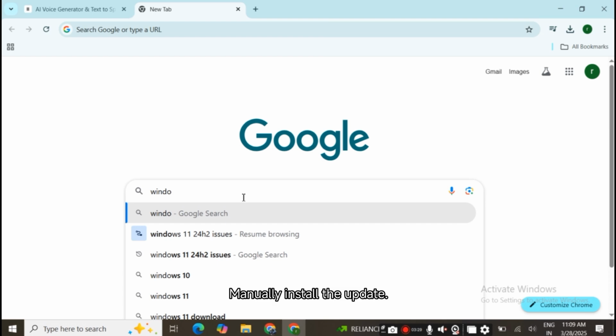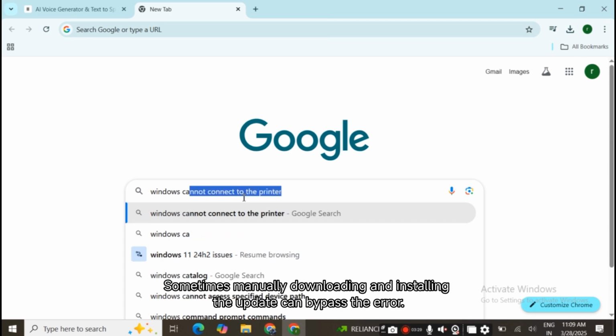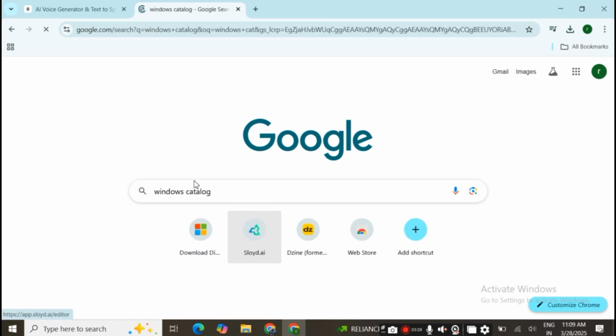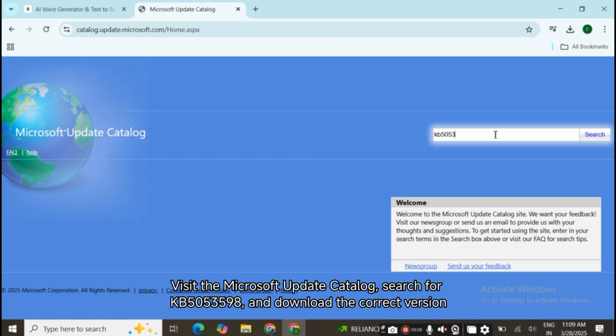2. Manually install the update. Sometimes manually downloading and installing the update can bypass the error. Download the update. Visit the Microsoft Update Catalog. Search for